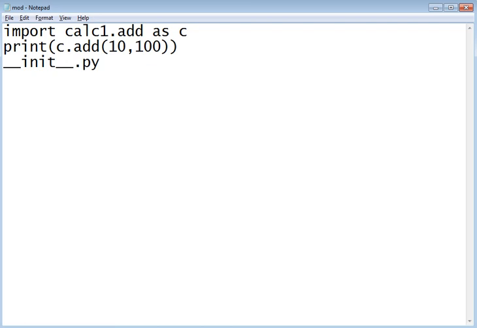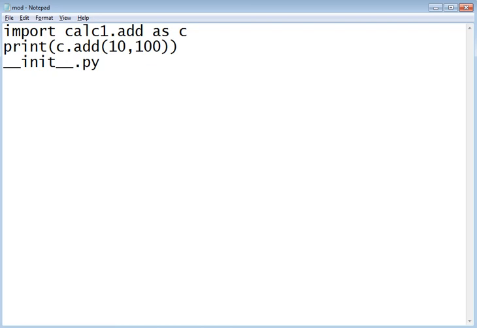We have another file, __init__.py. In Python 3 I think there is no need, but __init__.py should be added, right, to get the modules.